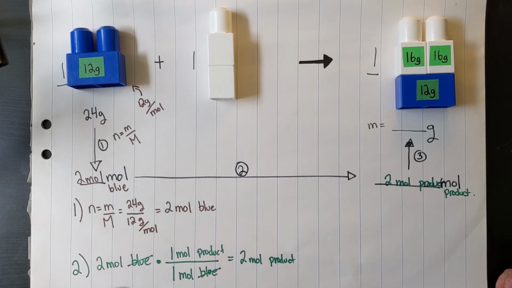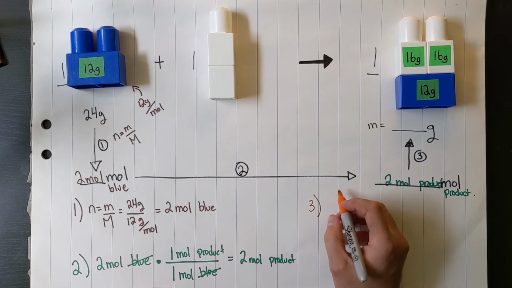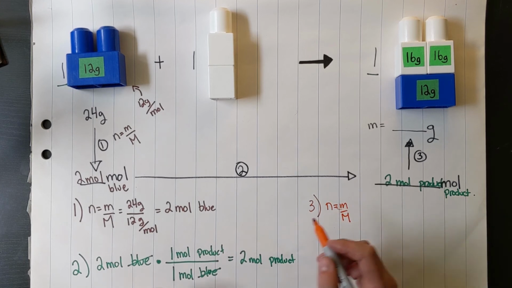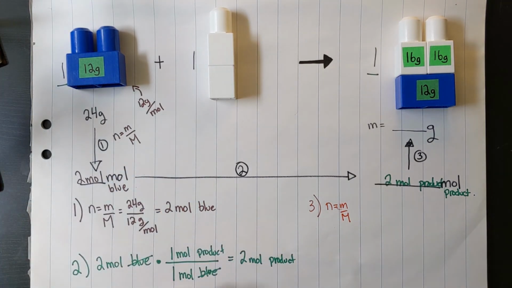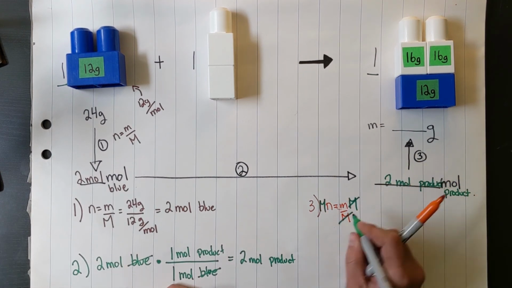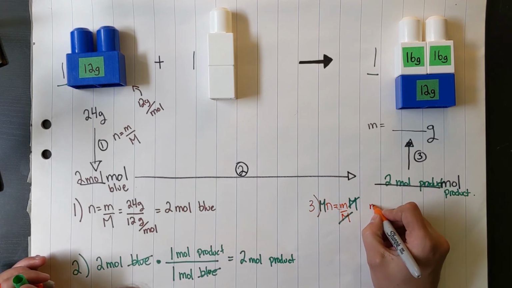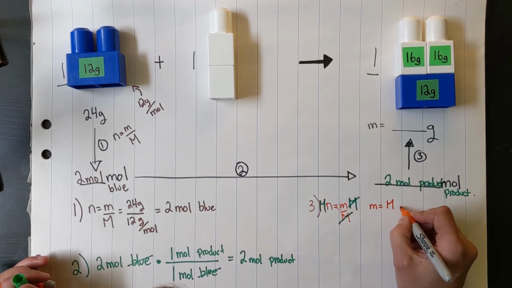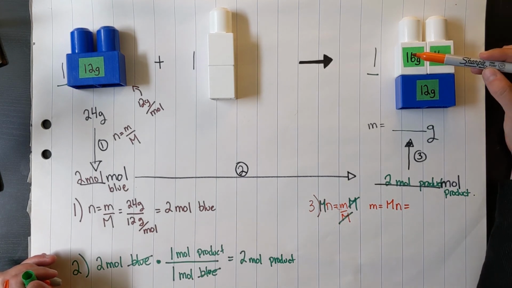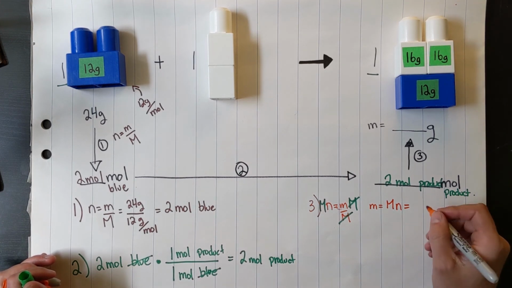that will be formed. And then finally, step 3, I need to take these moles of product and figure out what mass that represents. So here I can use my molar mass formula again, but now I'm looking for mass. So I need to rearrange this a little bit. So let's get little m by itself, multiply by big M on both sides. That will cancel and give me my mass is equal to my molar mass times my number of moles. Now my molar mass here was 16 plus 16 plus 12. So 32 plus another 12 would be 44